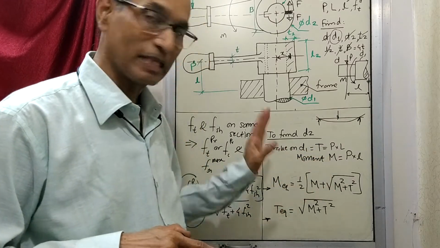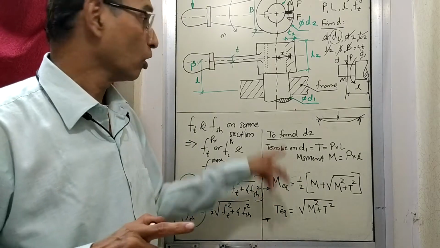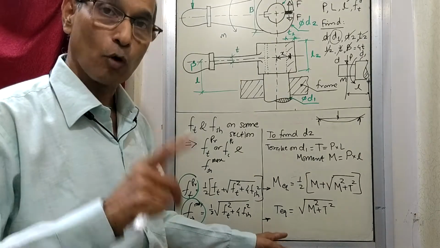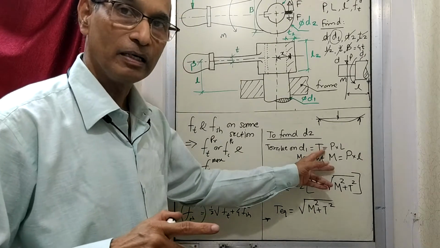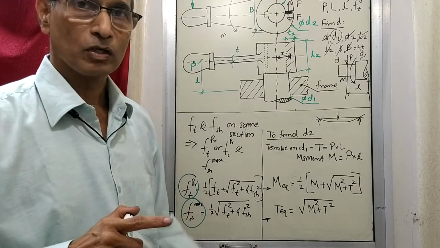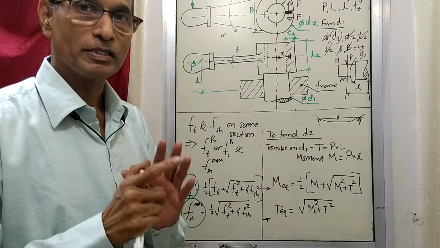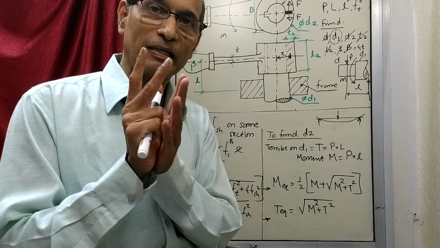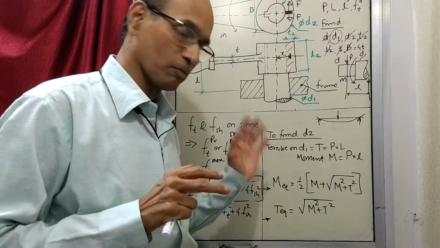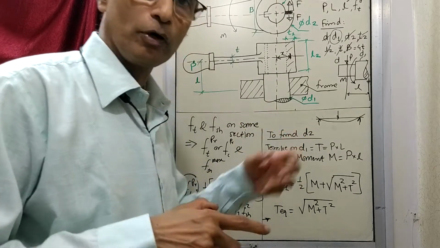So it is equivalent. Same way, you can say that on this only torque is acting, no moment, and this torque is equivalent to this M and T combined by this formula. So now the job becomes easier for us. Now we say that on this shaft only moment is acting, this much. On this shaft only torque is acting, this much. So if that is the case, can we go further now?